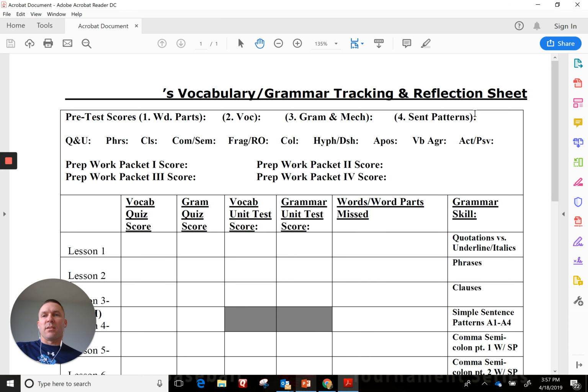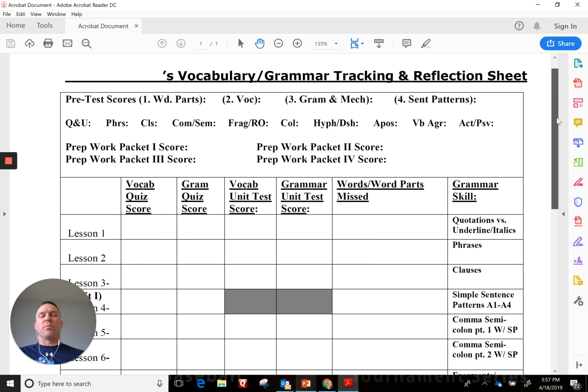weaknesses. So here's an example again from my own practice. If you've watched the previous video, you saw I had a grammar and mechanics pre and post assessment. This would be a tool that they would ultimately get their assessment back, whether it's pre, formative, or summative, and then diagnostically track and reflect on their progress along the way. So for example, they're going to record their pre-assessment scores here. Maybe on word parts I got a 50, vocabulary I got a 75, grammar mechanics I was 52%, on the in-sentence pattern. So I'm going to record those here.